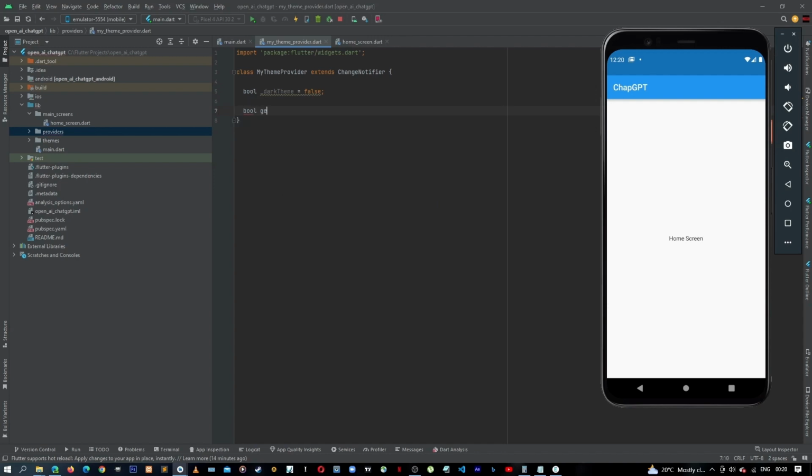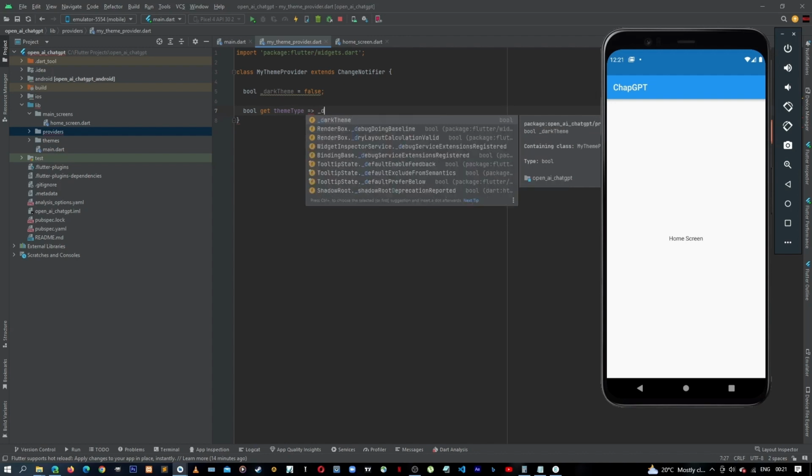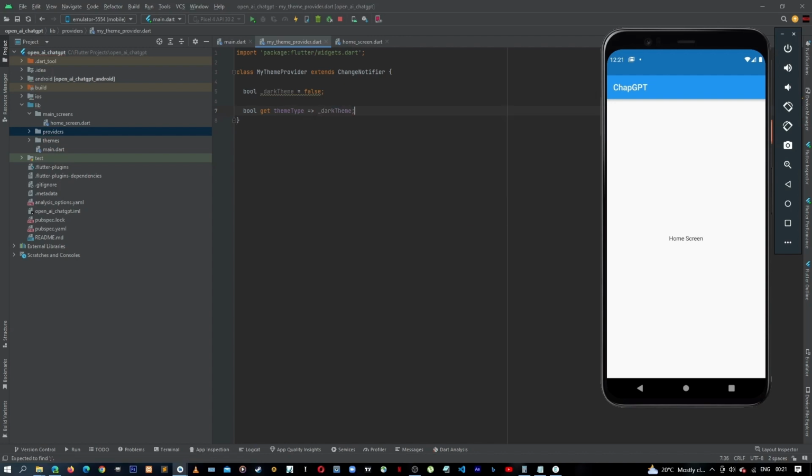Say bool get, maybe theme style or theme type. We'll get the is dark theme,